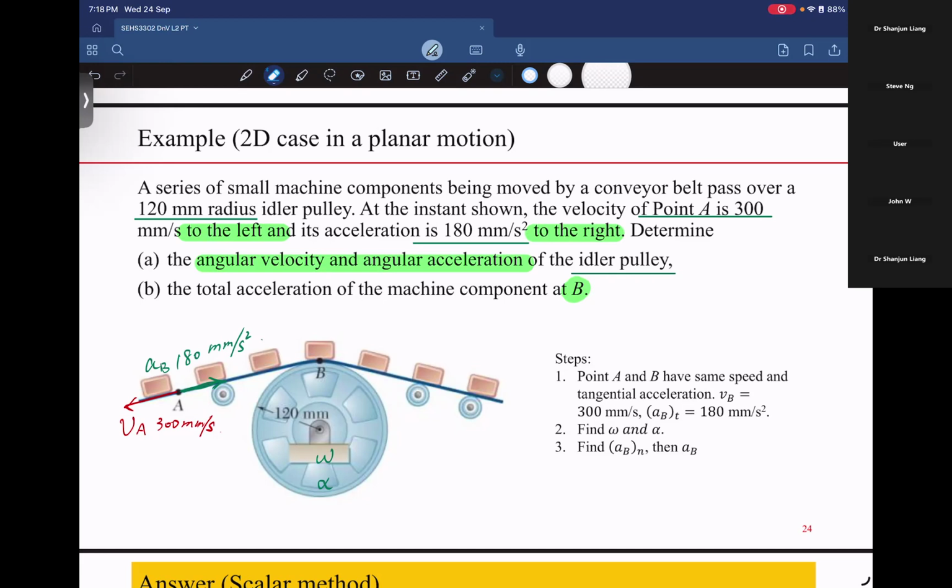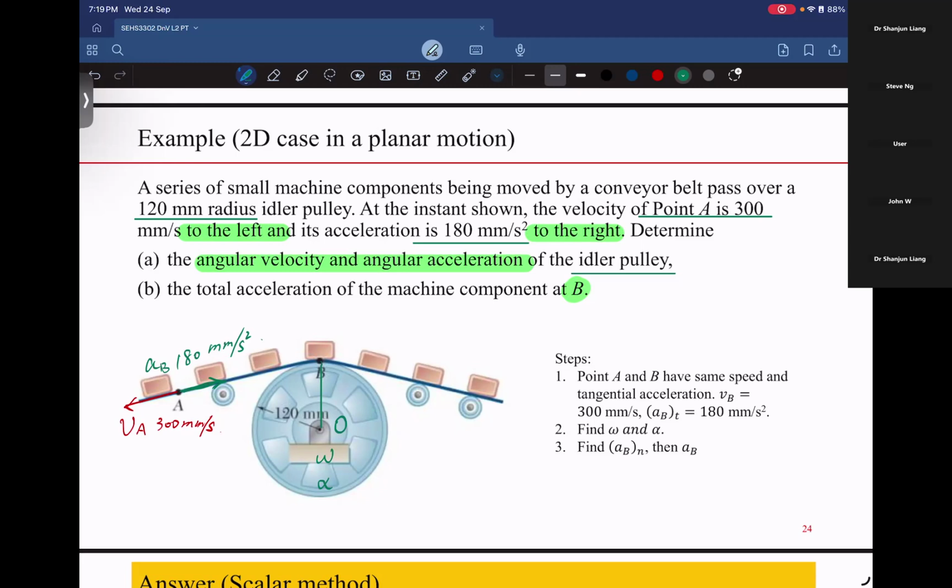So we know point B, and we just find the angular velocity and the angular acceleration based on point B. Firstly, angular velocity. If we have point O here, the center, and point B here, and OB is the position vector from O to B,